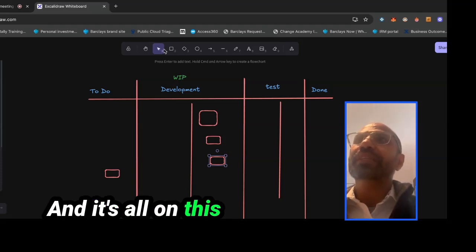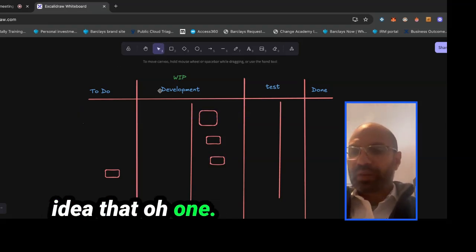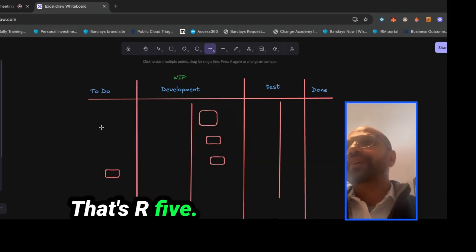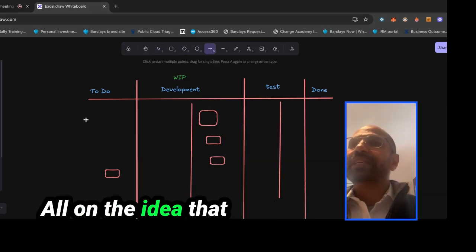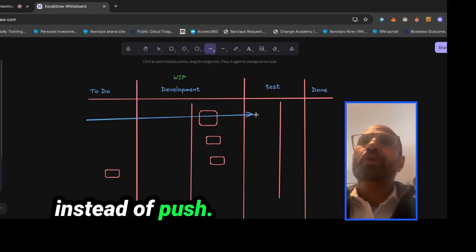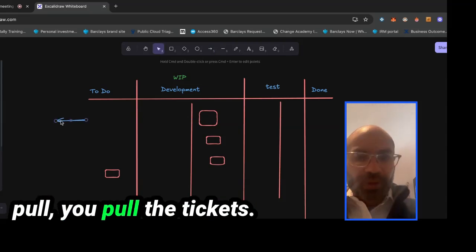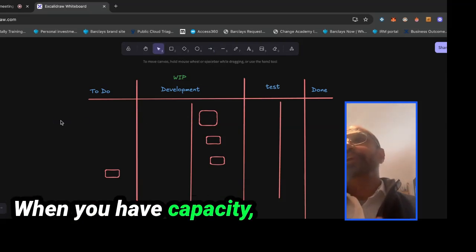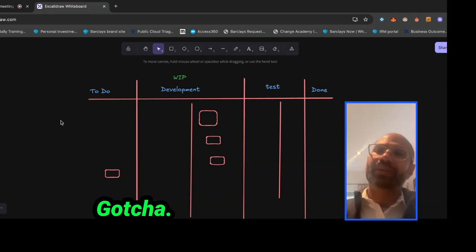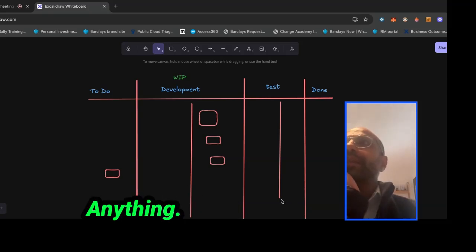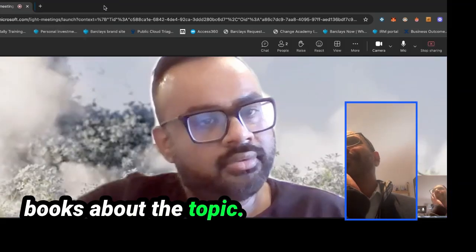And it's all on this idea that, instead of push, it goes to pull. You pull the tickets. When you have capacity, you take something. Gotcha. So that's the biggest difference that I can think of with Kanban. There's huge books about the topic, but that's probably